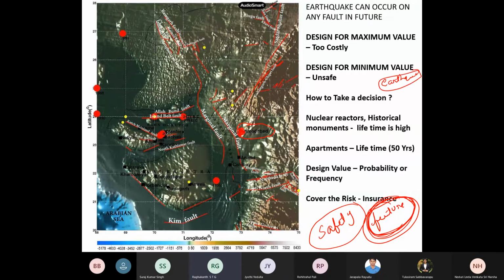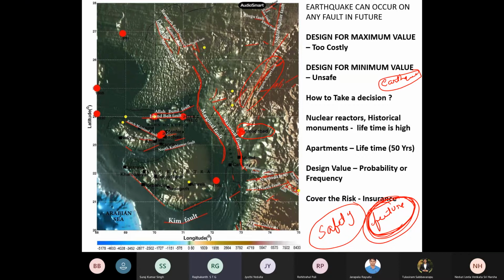So if I want to make it safe for the next 50 years, say, these red lines you are seeing here are all the important faults located around Ahmedabad city: the marginal fault, then the Cambay Basin, and the Kishangarh Chipri fault is here. Many faults are there. Now in the next 50 years, what may happen? You can have an 8 magnitude, or a 7 magnitude, or a 6 magnitude earthquake, or even this marginal fault, which is nearer